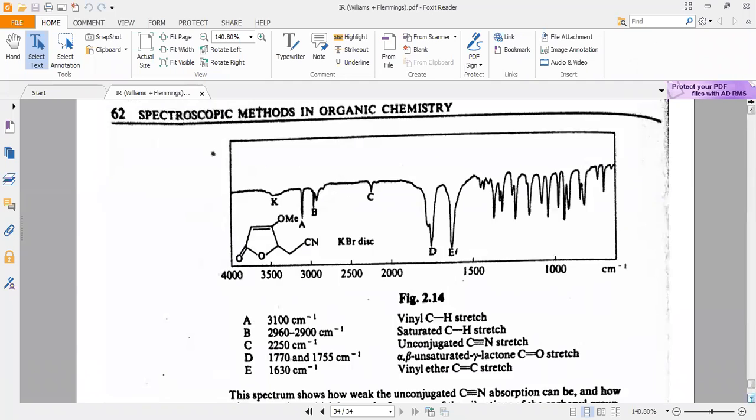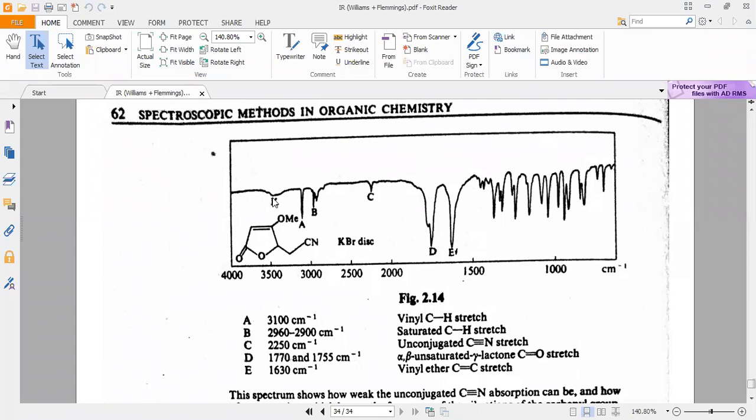So this is another molecule, probably the last one. We are having a carbon oxygen double bond, which is further attached to an alkyl. This is a cyclic ester, commonly called a lactone. Carbon nitrogen triple bond, oxygen carbon. So it is not many functional groups which show an absorbent, but this is a lactonic. Lactonic appears around 1775. And carbon nitrogen triple bond, you have seen, appears around 2200 to 2300.